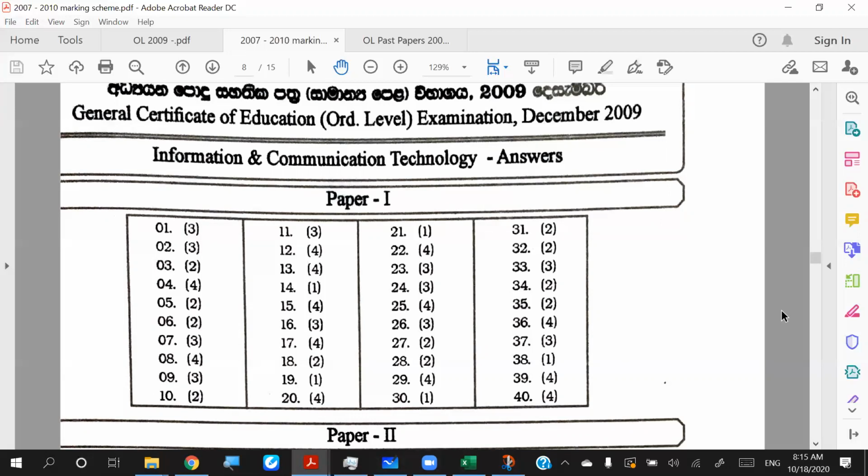So Vihasna and the new girl, you have to do the 2009 paper and you have to mark it, only the MCQs, right? And you have to send me the incorrect questions. Today we are going to discuss the incorrect ones which we are receiving from Lalindi and Himanadi, right? So next week I'm going to add your questions as well to this place, right?